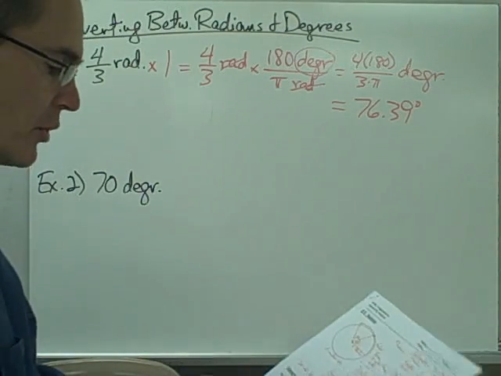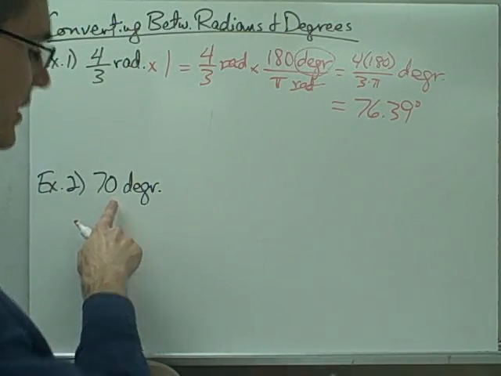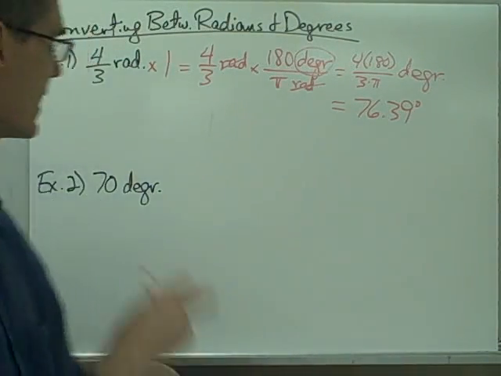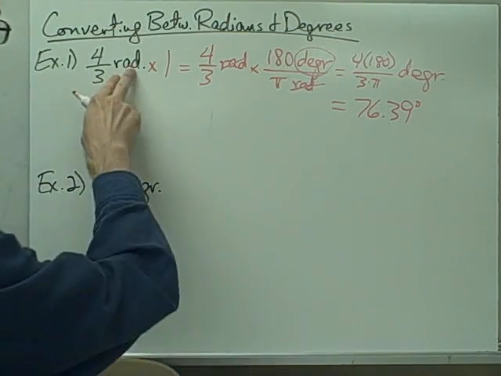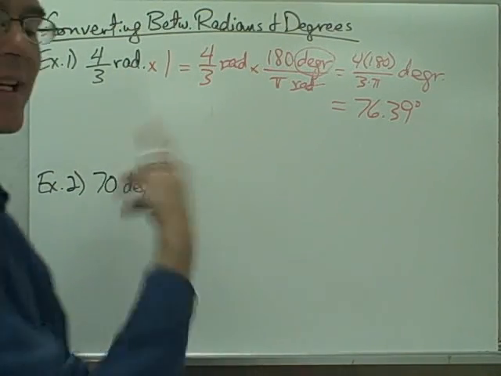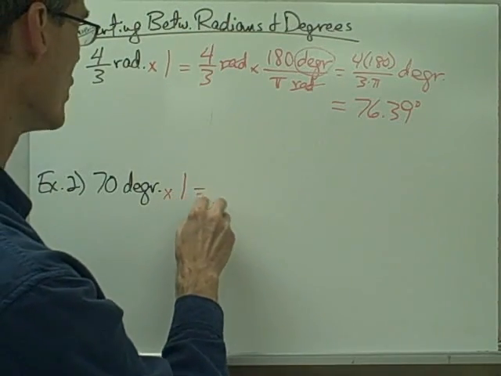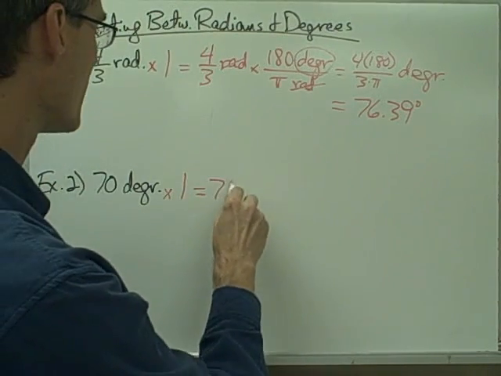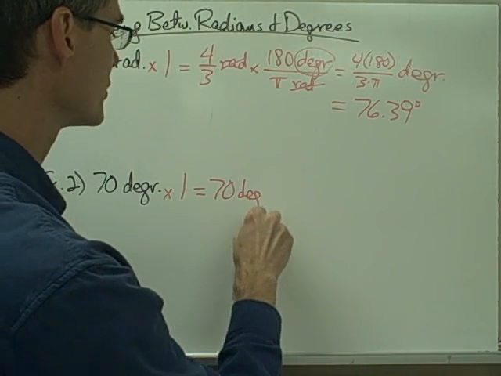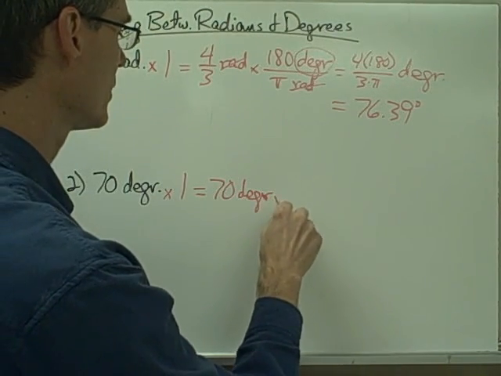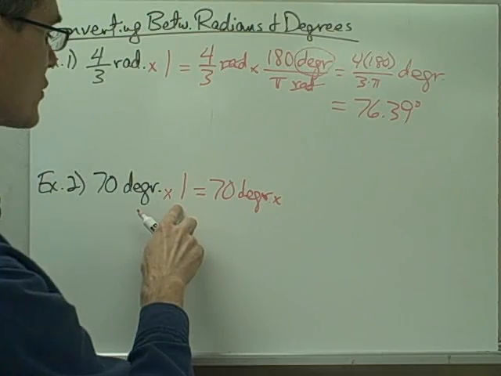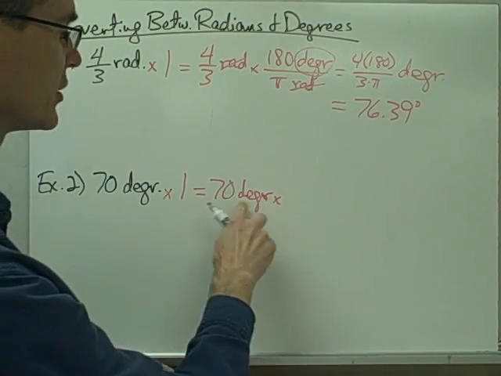Let's do example number 2. If the measure of an angle is 70 degrees, what is its measure in radians? Okay, well now we're starting with an angle not in radians but in degrees. Now I want to convert this from degrees to radians. Well, again, I'm going to multiply it times 1. And what form of the number 1 do I want to use? I want to use the form of 1 that's going to allow me to cancel out my degrees and be